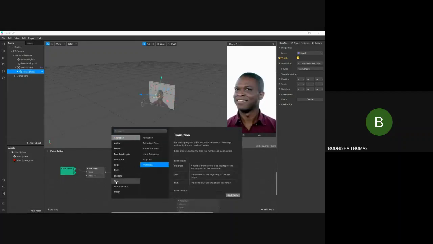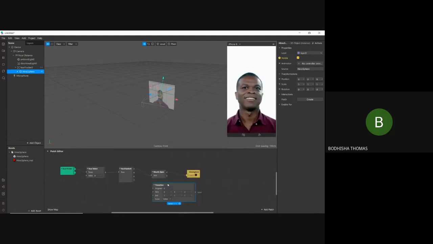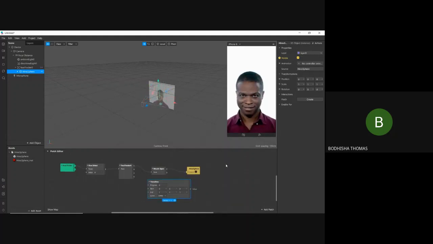So one more patch I'll show is an animation patch. We'll add a transition. So in this patch, there's also another output called mouth openness. We'll connect it to the progress. So in this patch, what I want is, when the mouth is opening, that is when the mouth openness increases, the object should also increase, that is scale up.